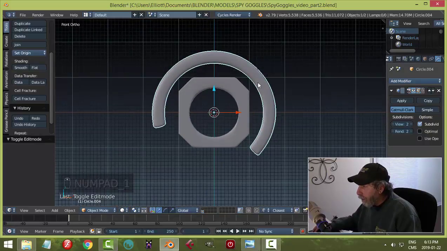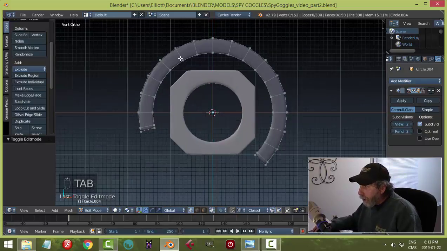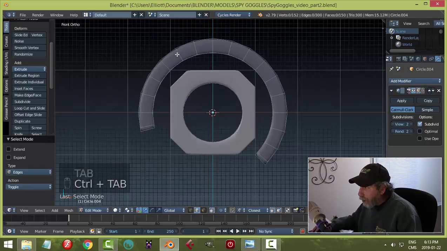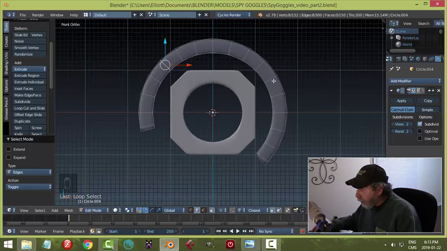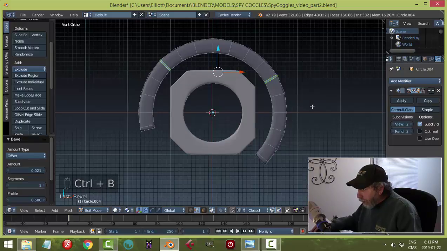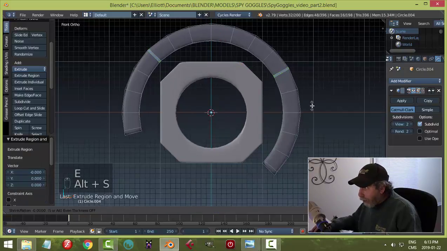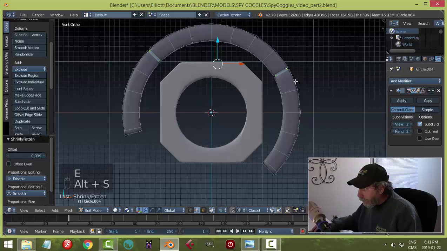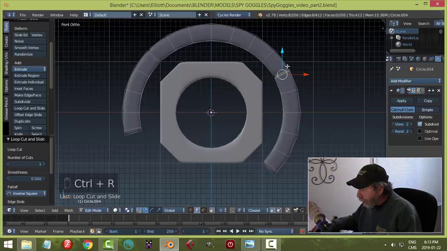Okay, that's all right. Just one other design element I was thinking of was just to arbitrarily select an edge, like maybe that one, and I don't want to interfere with that thing there, maybe that one. And Control B to bevel. I'll make a little area there, and I'm going to hit E and Alt S and bring it in. And then I'll add some edge loops to tighten that up, just so it looks a little bit more,